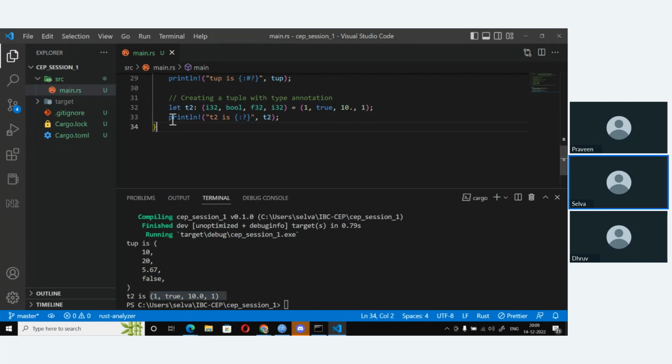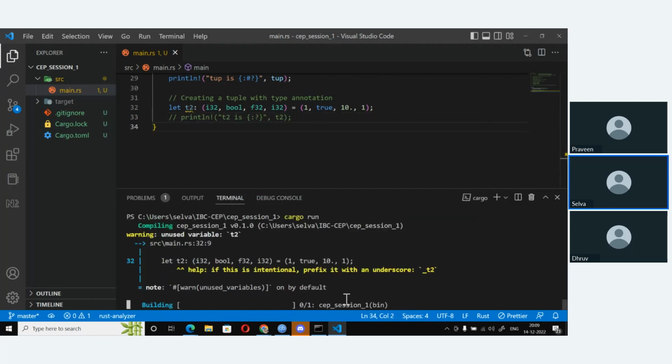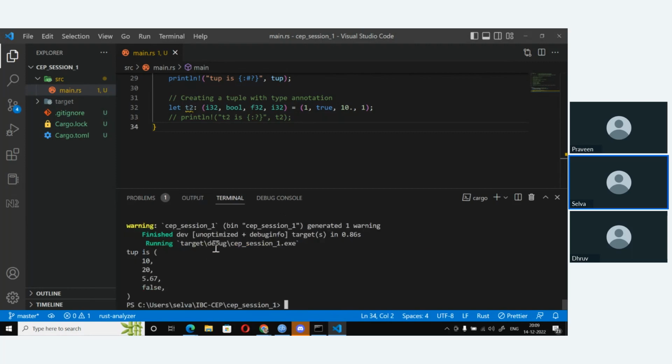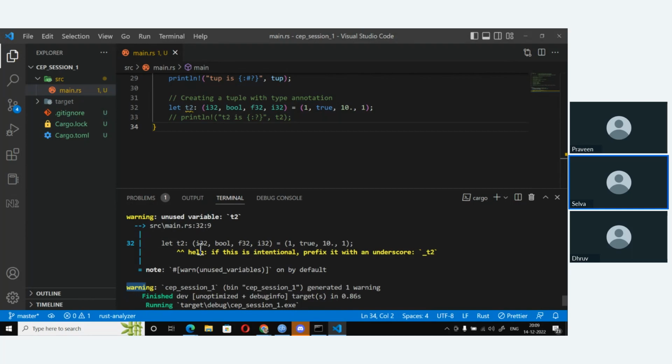At times, suppose I remove this or comment this line, again I'm going to get this error. And in fact, if I run this, I'll get a warning. So run and you say, hey, help if this is intentional. So the code does run, but it is showing a warning. Hey, you know what? You do have an unused variable.